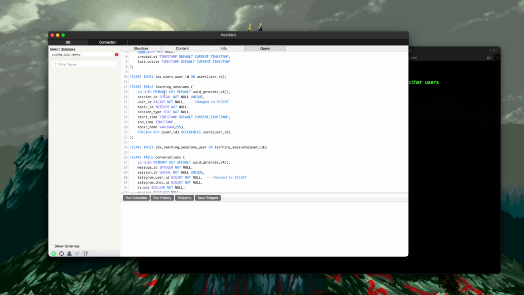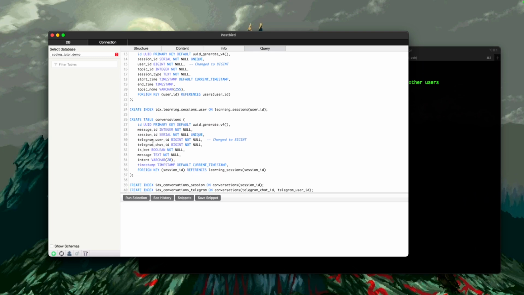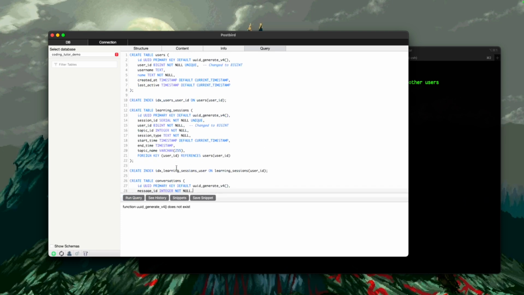Then we also need a table learning sessions where we store the past conversations and the different sessions for the different topics that the user wants to learn or was learning at a certain time in the past. And we also need the conversations so that we can keep track of all of the messages inside of our n8n workflow, right? So if you click run query, okay,